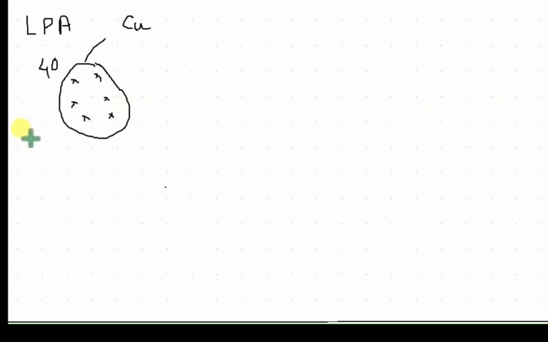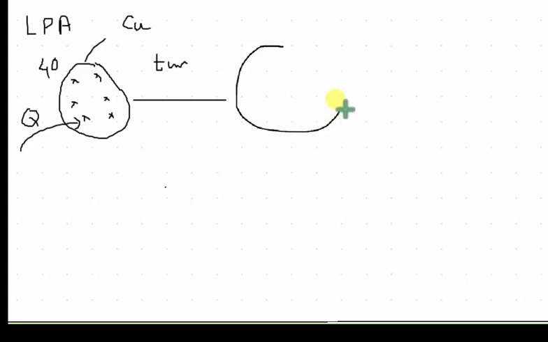Now when I place this ball into an oven, what will happen? The heat will be absorbed by the ball. So after some time, what will happen? I will again take the ball out from the oven. Now when I take the ball out from the oven, I will measure the temperature at this point. Let the temperature at this point be 40.